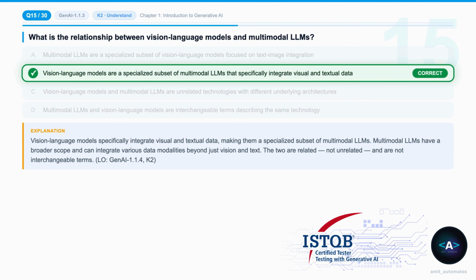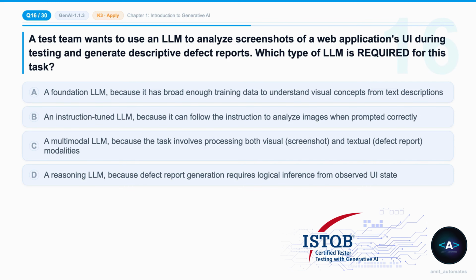Multimodal LLMs have a broader scope and can integrate various data modalities beyond just vision and text. The two are related, not unrelated, and are not interchangeable terms. Low GenAI 1.1.4 K2. Question 16. Learning Objective GenAI 1.1.3. Difficulty level K3. A test team wants to use an LLM to analyze screenshots of a web application's UI